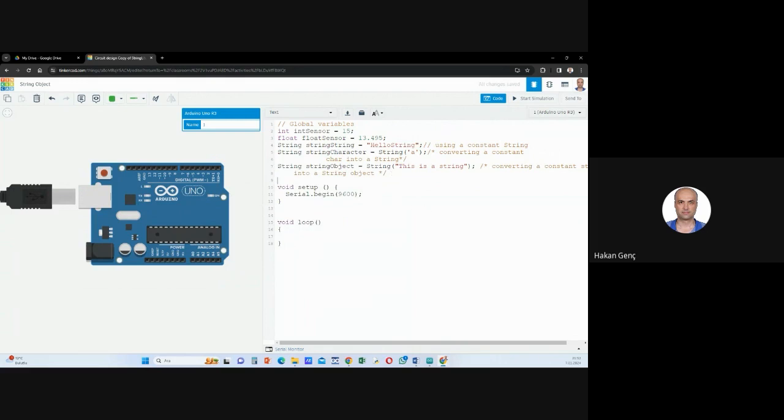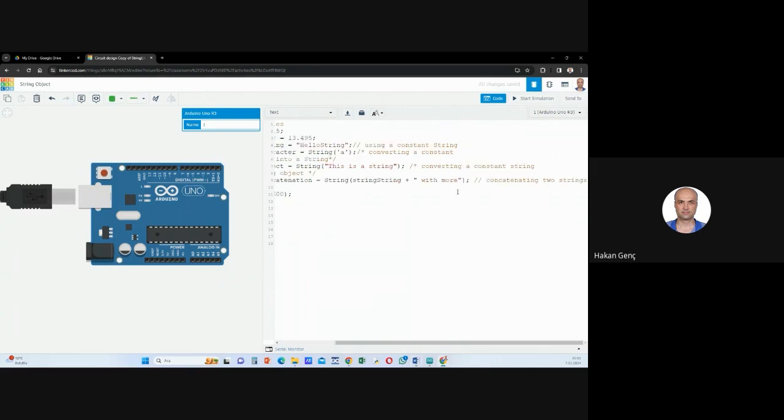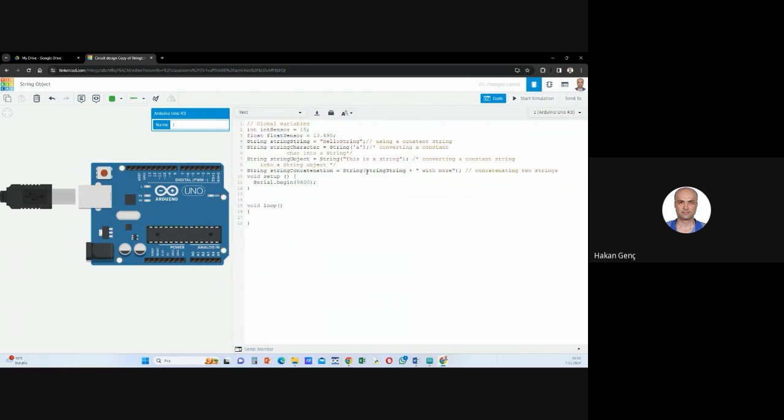Okay, let's continue. String concatenation. We can make string concatenation like this. There is a string coming from here and another string written like this, and these are being concatenated like this. We can create a string object from an integer. We can create a string object from hexadecimal. Again, we can create a string object